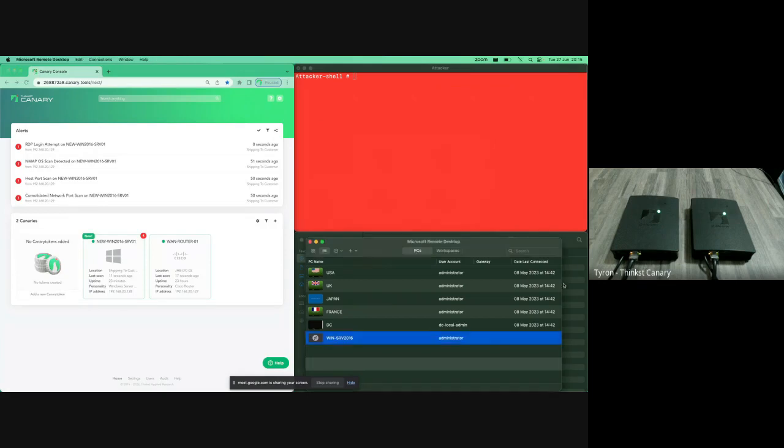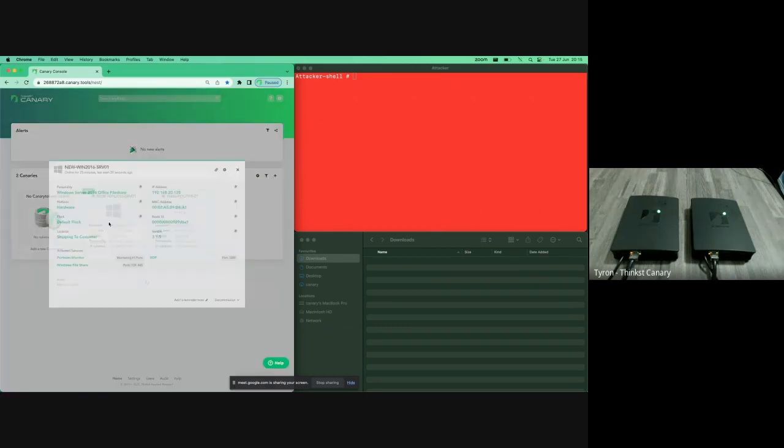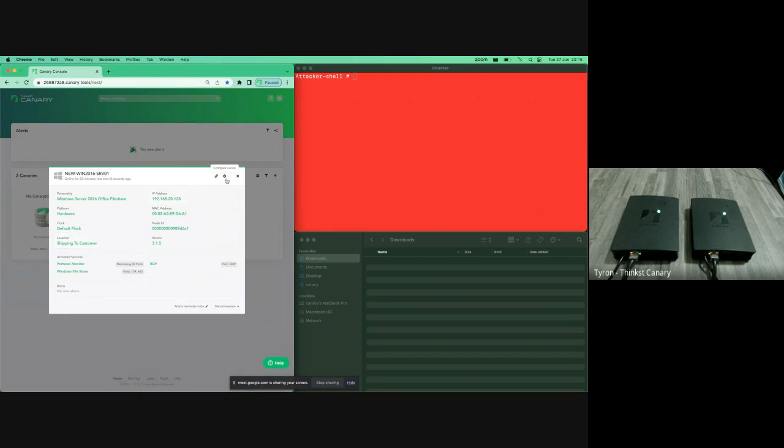Okay, so that kind of just demonstrates the deployment of a hardware canary. Let's go ahead and change it up to emulate something else. Clear my alerts again. And now what we're going to do is just click on this canary panel over here. As soon as the alerts are cleared, click on your panel, go to this configure canary gear, and